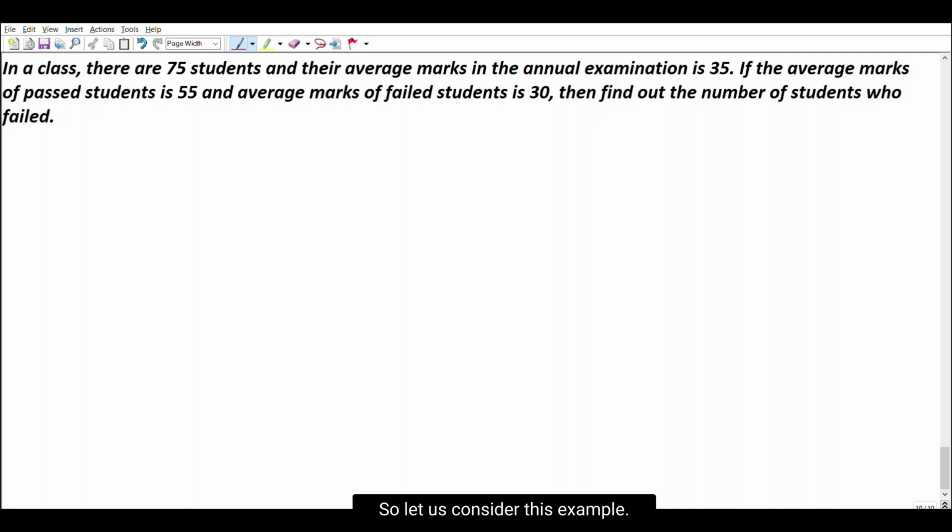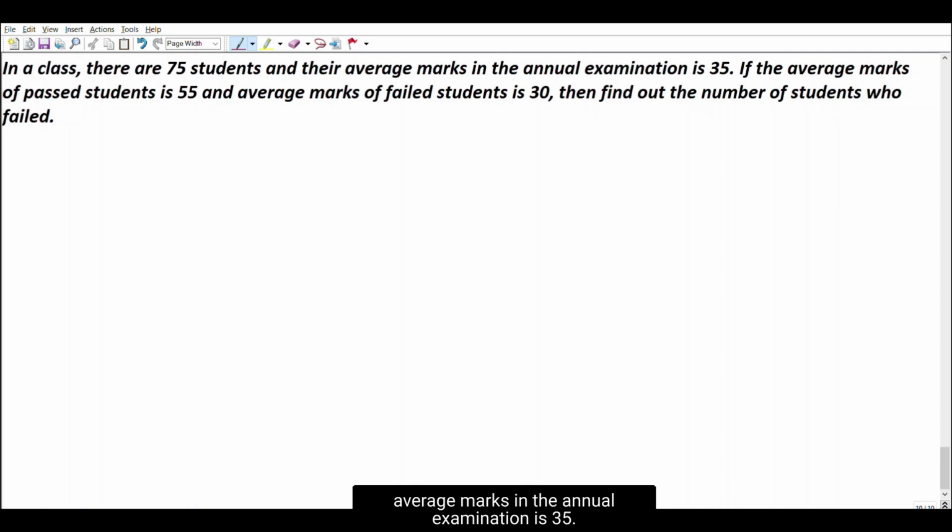So let us consider this example. In a class, there are 75 students and their average marks in the annual examination is 35. If the average marks of the passed students is 55 and the average marks of the failed students is 30, find out the number of students who got failed. So, from the question, we can clearly see that total number of students is equal to 75 and